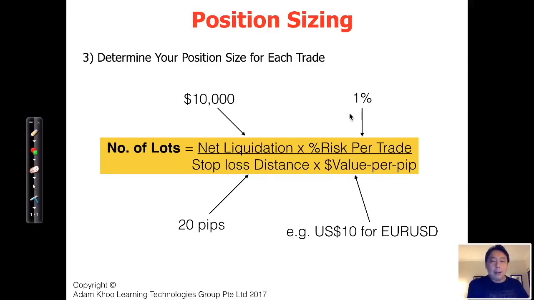So how many contracts do you need to buy in order to keep that risk at $100? Well, you divide it by the stop loss distance, okay? What's the stop loss distance mean? Stop loss distance is the distance from your entry price to your stop loss price. For example, if you buy at, say, 1.2120, okay? So in forex, we just say 2120, right? We don't say the 1 point, we just say 2120, right? And we place the stop loss at, say,